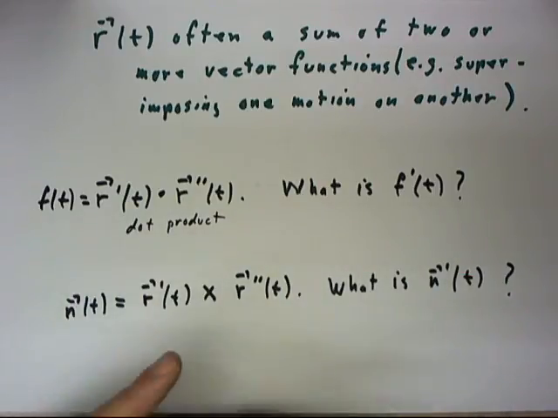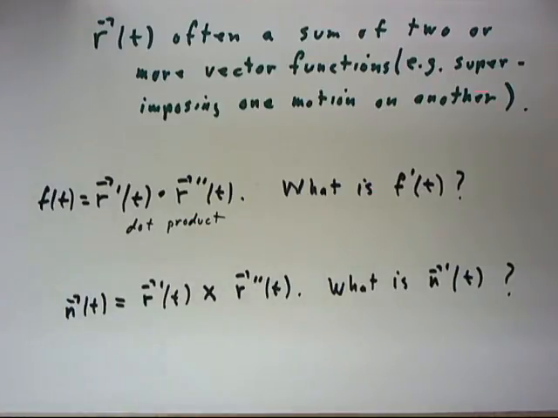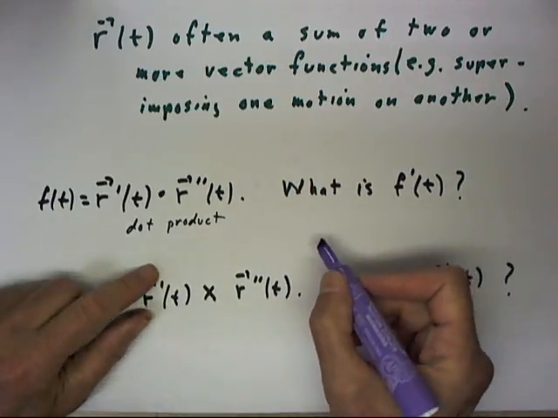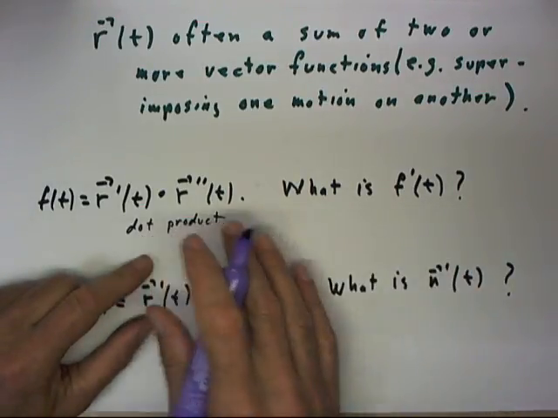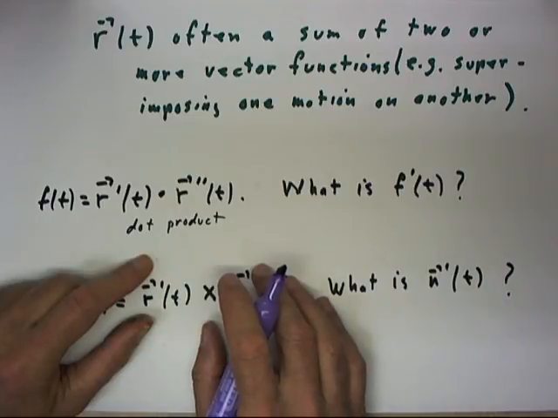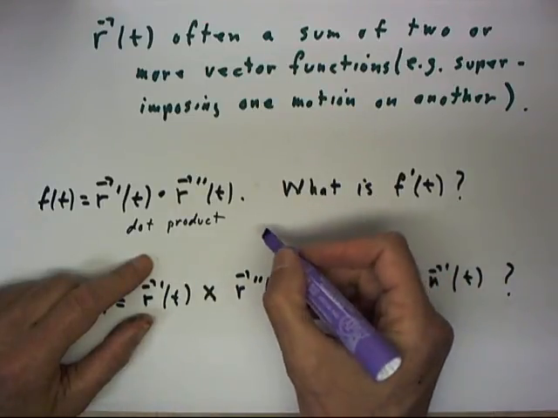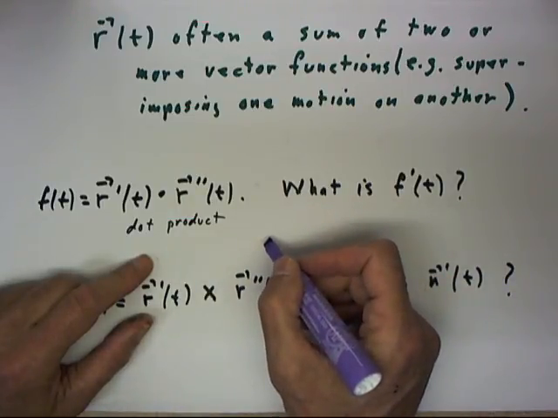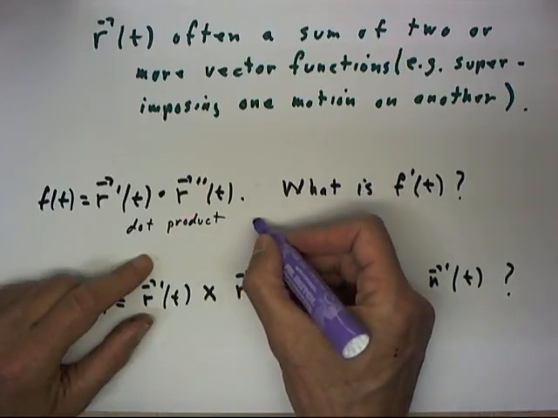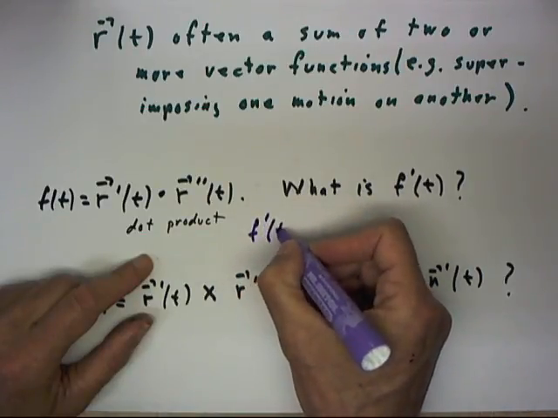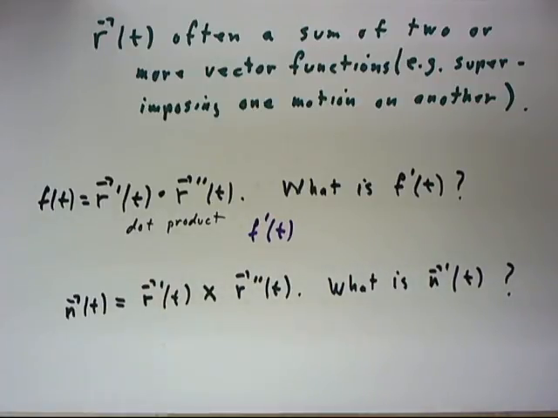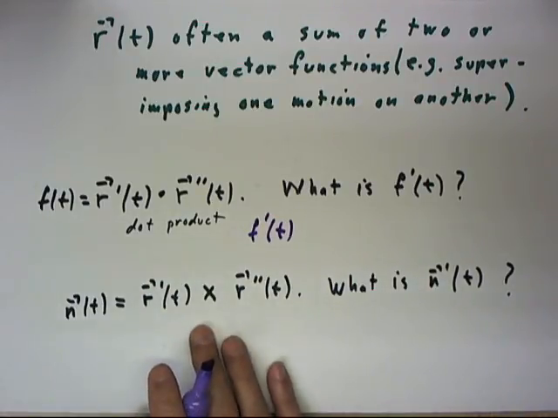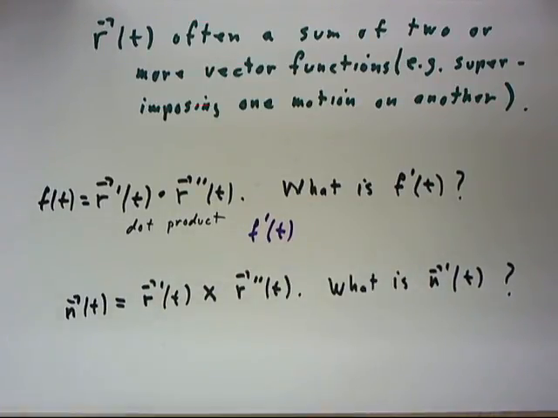Now the question is, how would we get the derivative of that function? Well, I'm not going to derive it for you right now, and it's fairly easy to derive. You just kind of write it out. But just to give you an overview, in this case, f prime of t,